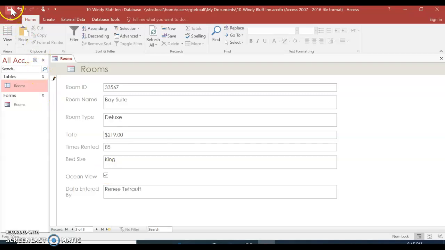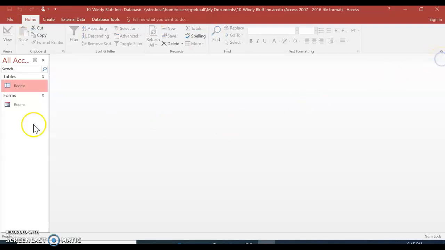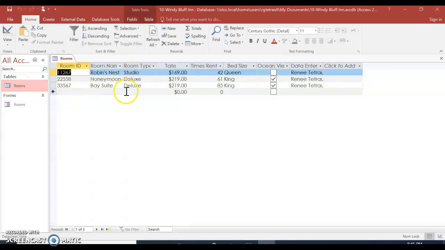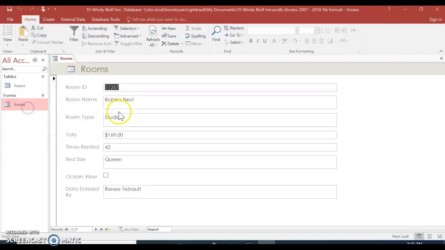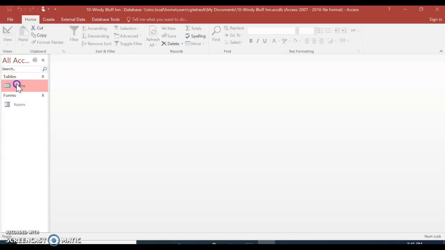Then we're done with this, so we'll click Save. And then we'll close out of the form view. If you click into the table Rooms, it's the same information. This is in datasheet view versus how we did it in form view. It's just doing it in a form. So it's one piece of information from one record, and then down at the bottom the next record of information, so you're seeing them individually,